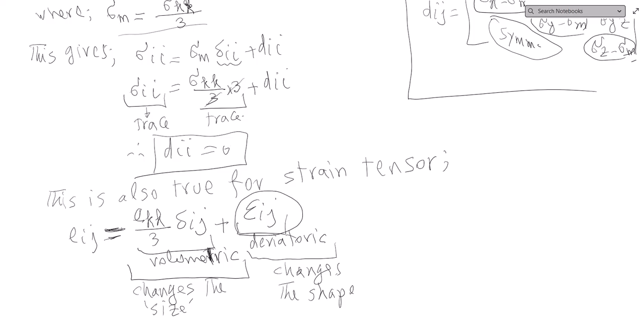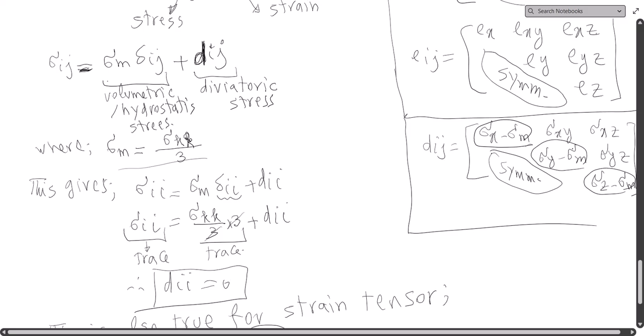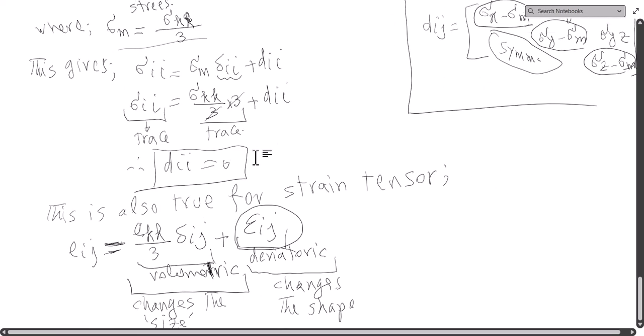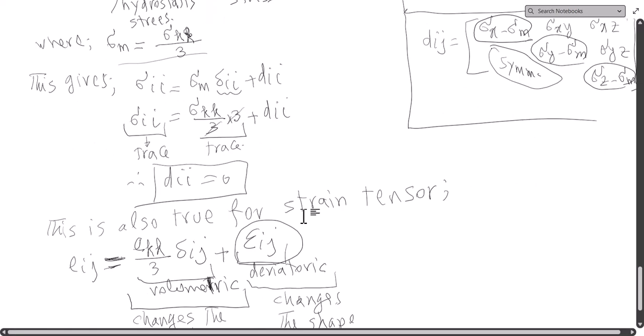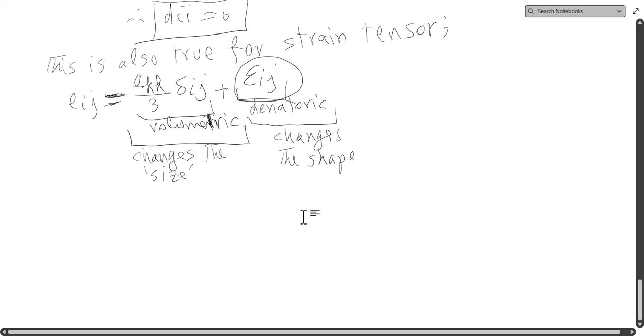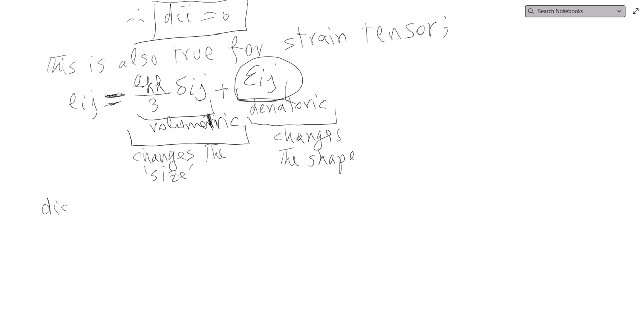So the whole von Mises failure theory is focusing on these two quantities, d_ij and epsilon_ij. Okay, so what is distortion energy? Well, let's call it U, and this is energy